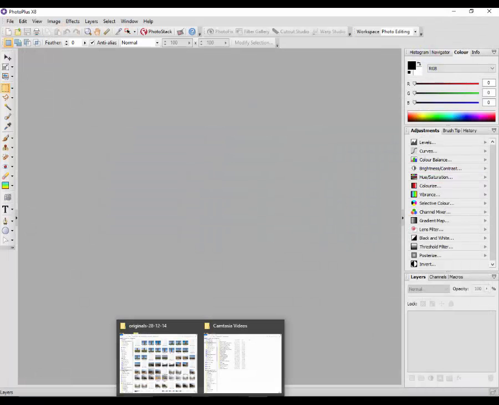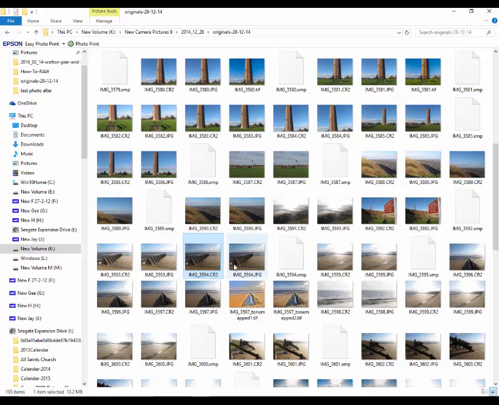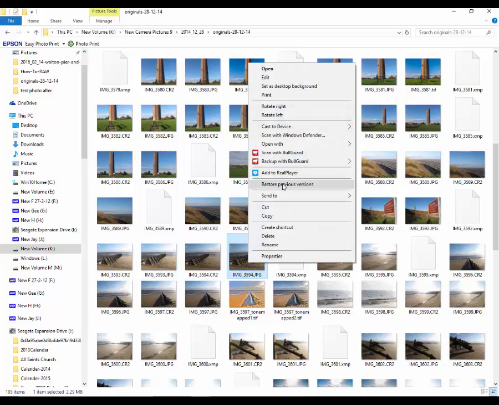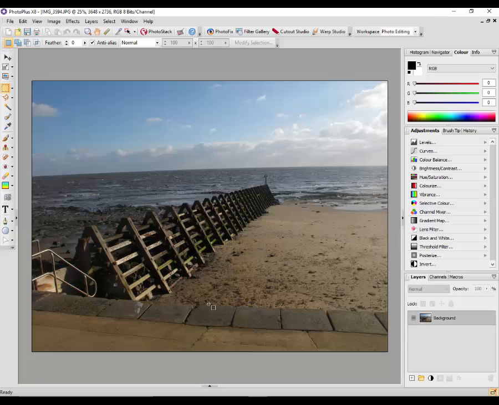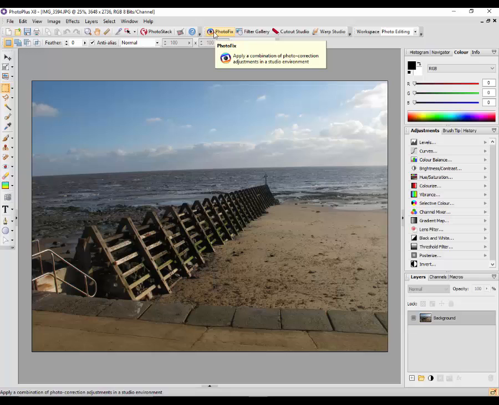And I will go back and open the JPEG version of the same image, and as it's a JPG file, it will open automatically into PhotoPlus and not into a separate tool like the Import RAW files do. But now that I have an image open, the PhotoFix button is now highlighted and can be accessed. So if I click on this,